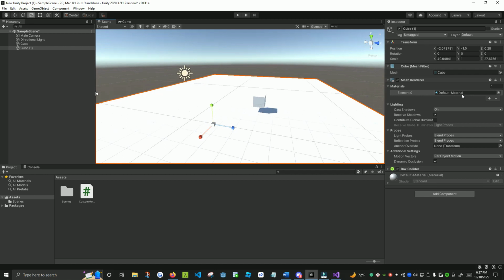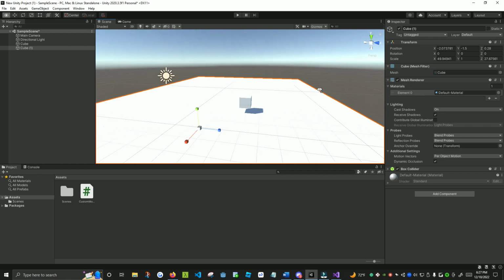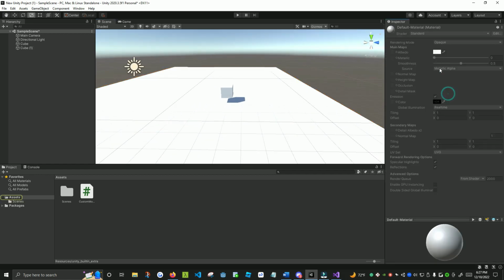If you want to change something, you need to find the component that will let you change it. And sometimes components themselves have other components in them, or other game objects in them. So if I want to change